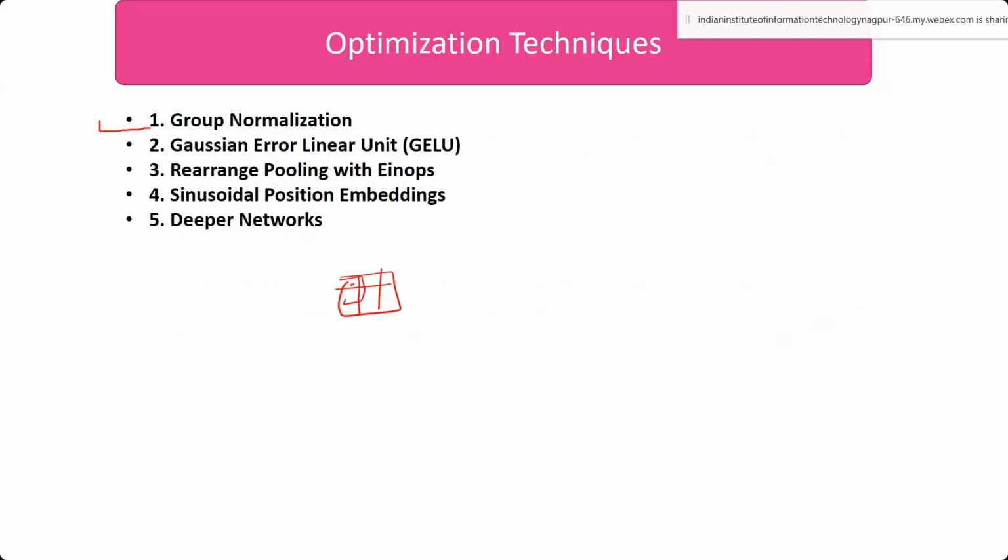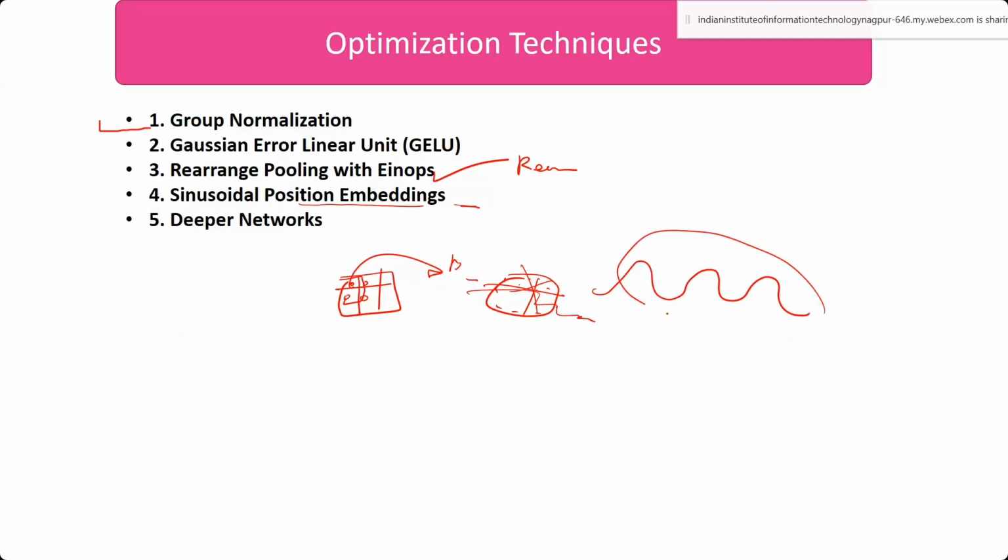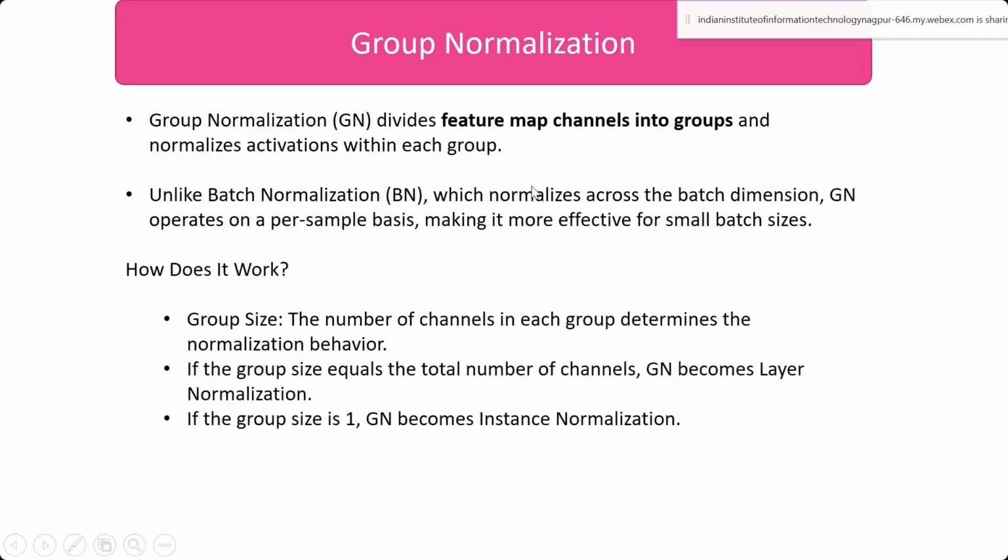From this block, for whatever maximum value is there, that value you are carrying forward. So instead of max pooling, people have come up with rearrange pooling. We will see that. And then again, there is a sinusoidal positional embedding as we are adding noise time-wise. So instead of a 24-hour clock, a 12-hour sequence, we can make use of the sine cosine formula. So we may get different kinds of time embeddings here, and we can make use of a deeper network. So these are the optimization techniques that are used in the DDPM diffusion model architecture.